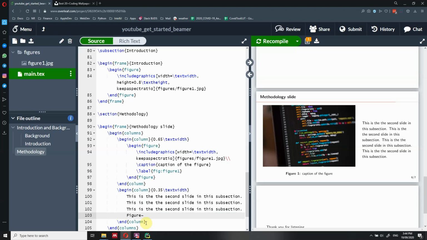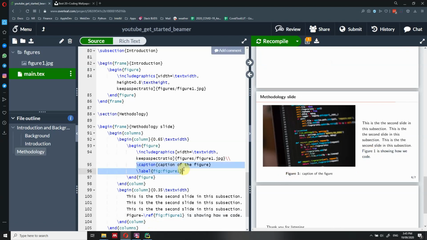And then here in the text you type figure, same line, space, no, you cannot go in a new line, and then you type reference, and then we refer to the figure that we just added is showing how we code. So let's compile that. And here we can see that there is a reference to our figure. Of course, now figure 1 and figure 1 because there is only one figure.